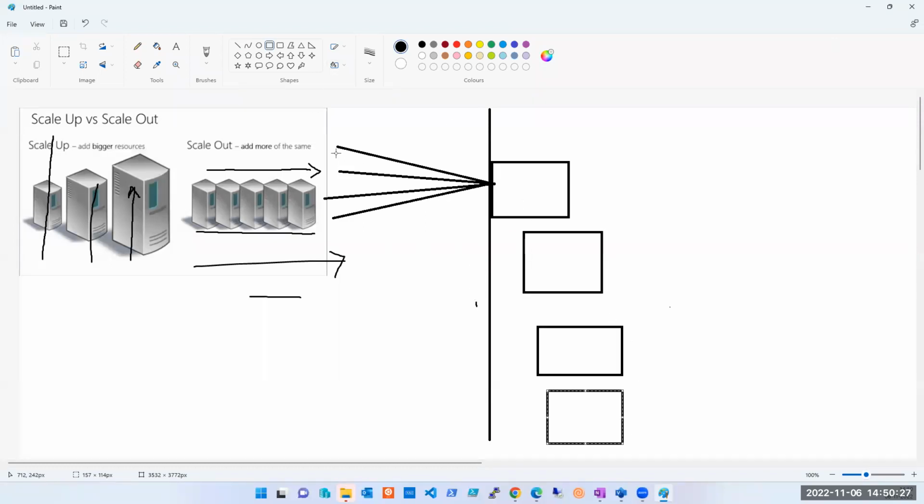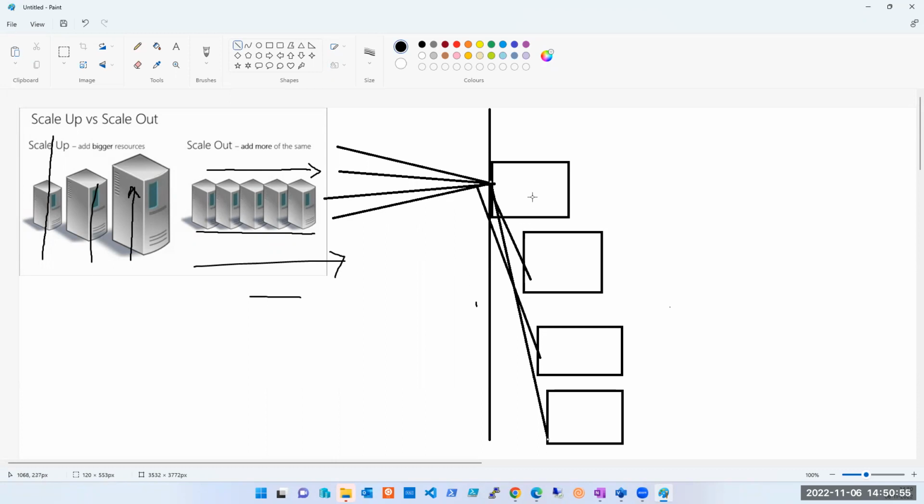There was only one server. Whatever criteria we have set, we will see what the criteria are. Based on that criteria, the number of servers will increase and the traffic will be distributed equally. A few requests will go here, a few here, a few here, but that is all behind the load balancer. So the users will have only one IP, one name and everything. It is seamless for them.